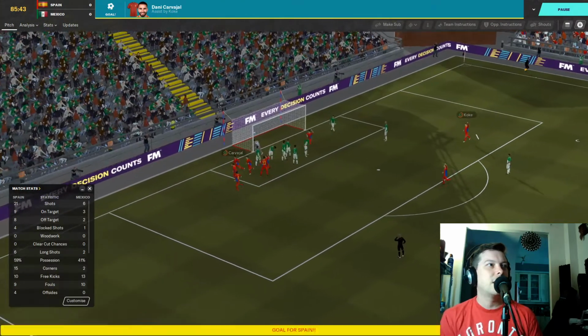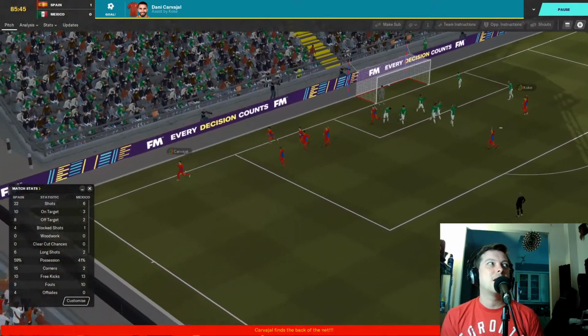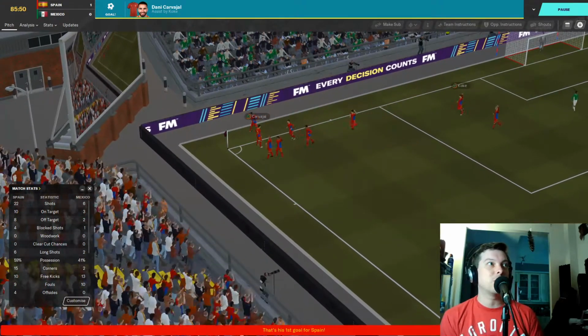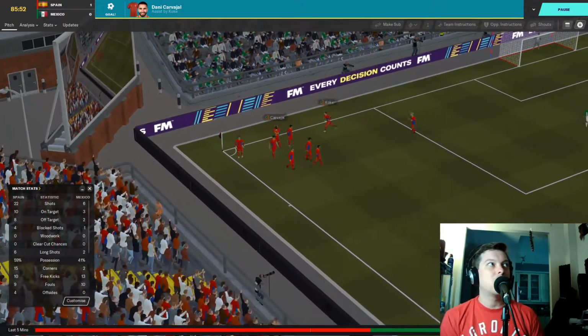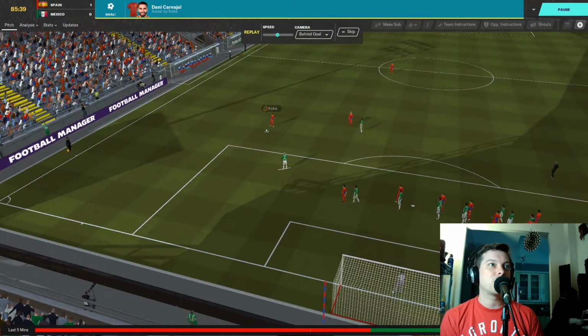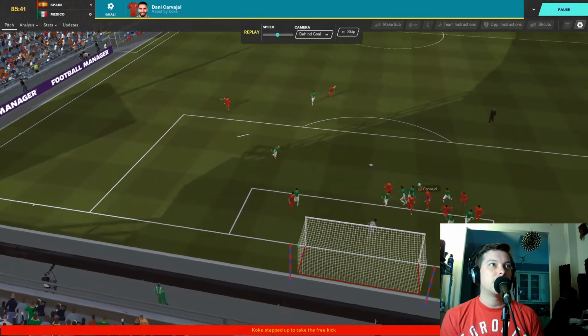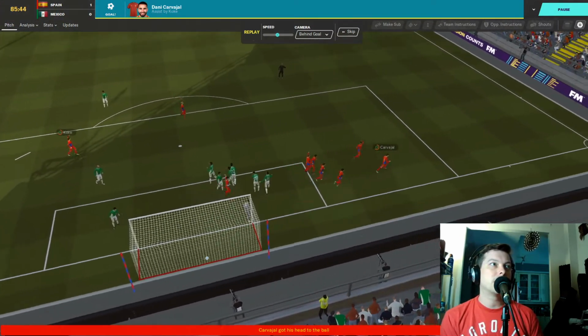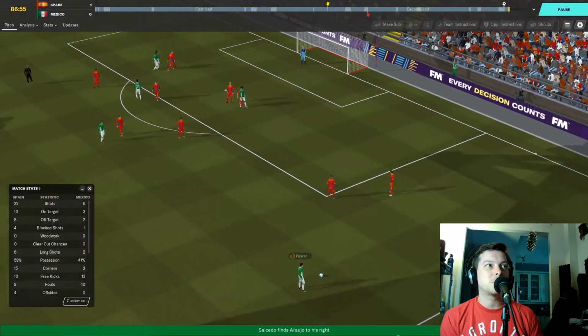Carvajal, he's there, and it's 1-0 Spain on 85 minutes, and that might do it and seal the bronze medal for Spain. Koke with the assist on the free kick. Carvajal beats the tackle for the headed goal. He just backs up and finds space. Nobody really followed him there in the area, but Carvajal makes it 1-0 Spain on 86 minutes.